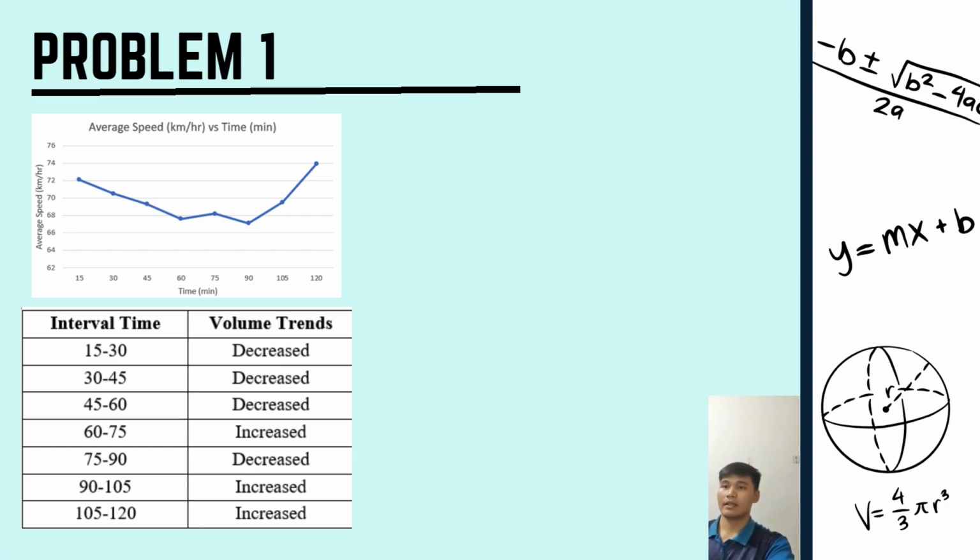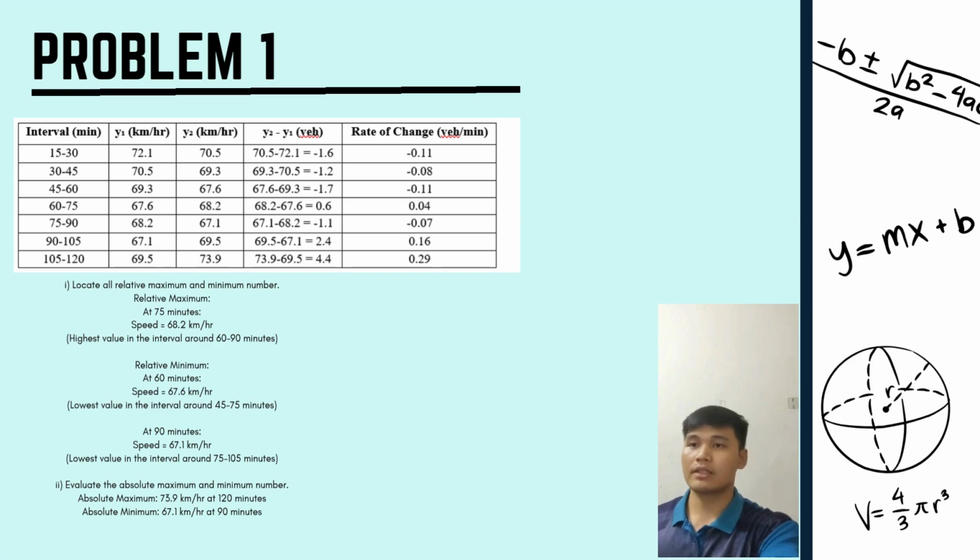Then the graph for average speed versus time. From 15 to 60, the interval time, the trend that we got is decreasing, while 60 to 75 is increasing, 75 to 90 is decreasing, then 90 to 120 is increasing. The rate of change that we got for the average speed versus time